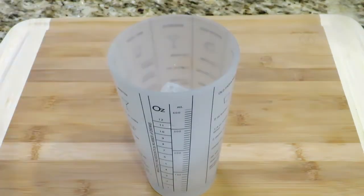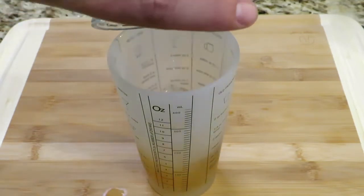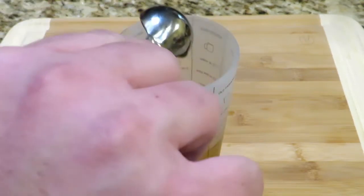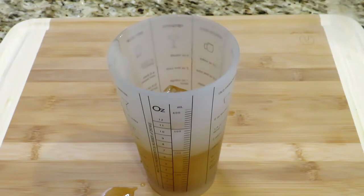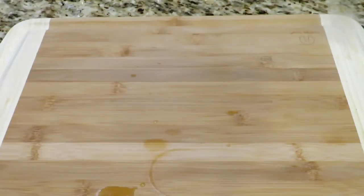In your shaker glass, fill it halfway with ice, 1.5 ounces of bourbon, 2 tablespoons of lemon juice, freshly squeezed, please. 1 tablespoon of high-quality maple syrup. Use the real stuff. Do not use Mrs. Butterworth. There's also a pinch of cinnamon that I added. For some reason, I didn't catch it, but whatever. Put the lid on it and...